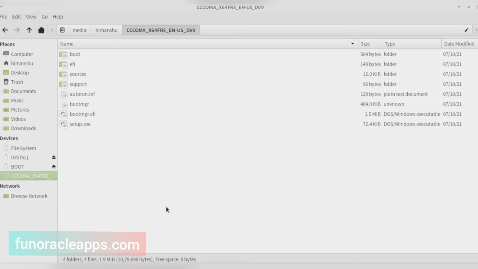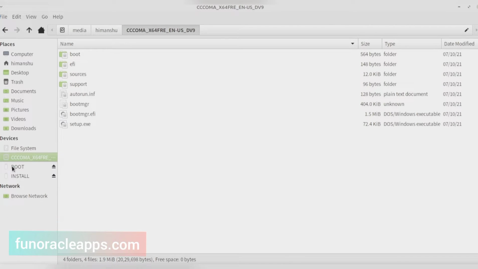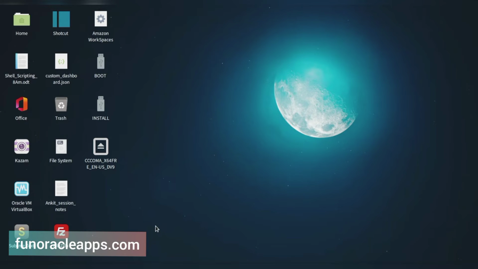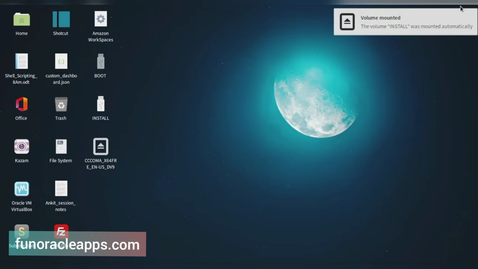Next thing, just insert your pen drive. Okay, so I will insert my USB pen drive. It should be at least a size that should be able to hold the Windows ISO image. So I have a 16 GB pen drive which I am mounting here. So these are mounted, and then first thing, make sure that the pen drive is formatted correctly.